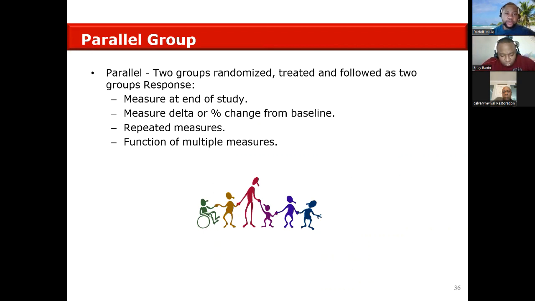So parallel group, you think about two groups randomized, treated and followed as two groups' response. So measure at the end of the study, of course. Now they measure the data according to the percentage from baseline. A common thing that I've noticed, even in my job, is that when they're asking one question, when you want to measure the patient's safety, are you measuring it from the previous visit, or you're measuring it from the baseline